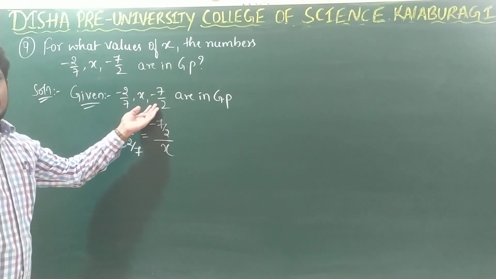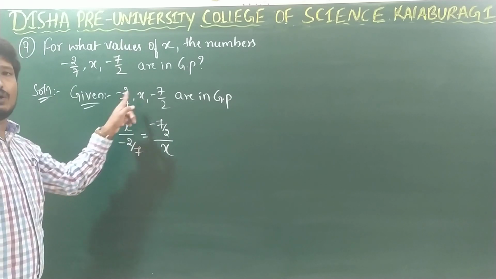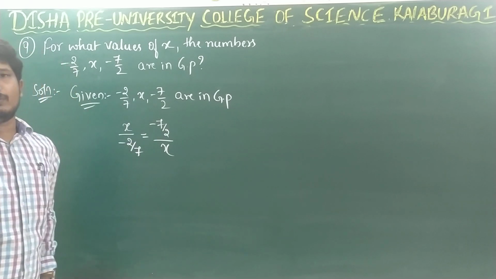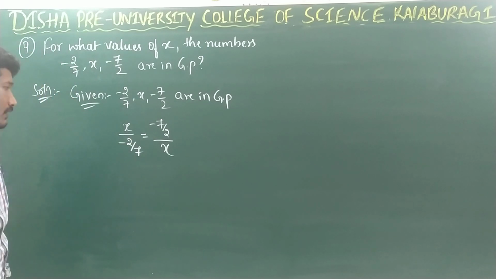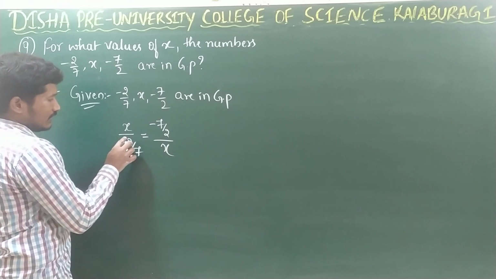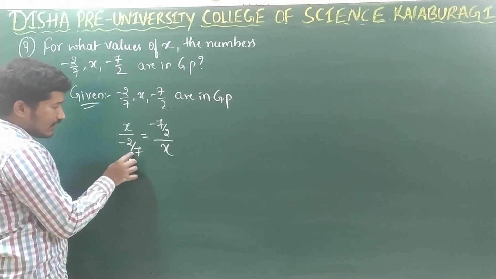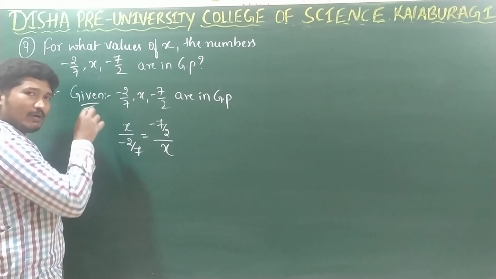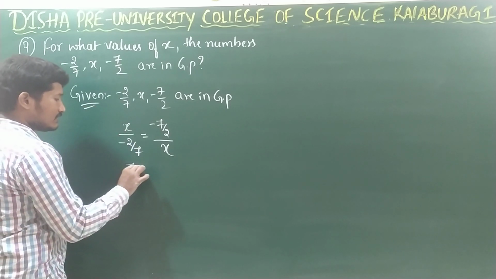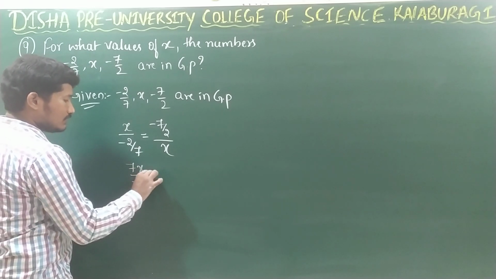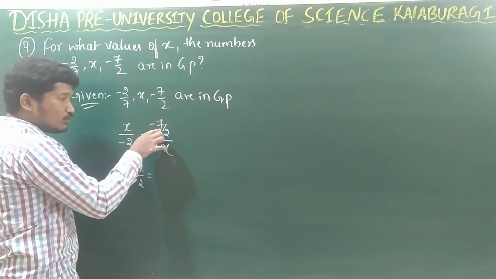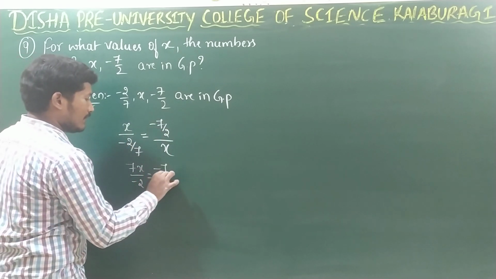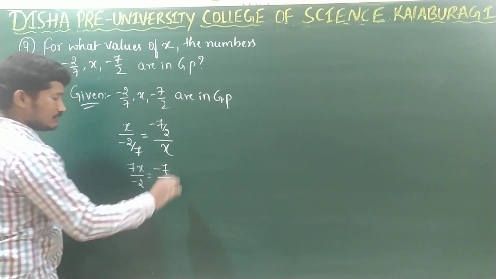Right? Both will be same. You take A2 by A1 or you take A3 by A2. The ratio will be same. So these two terms will be equal to each other. Right? So now, see, in the denominator again we have fraction. So I can take reciprocal and write it in the numerator. So this will be 7x divided by minus 2 is equal to, see, in the numerator we have fraction. So this will come to the denominator. So it will be minus 7 divided by 2x.